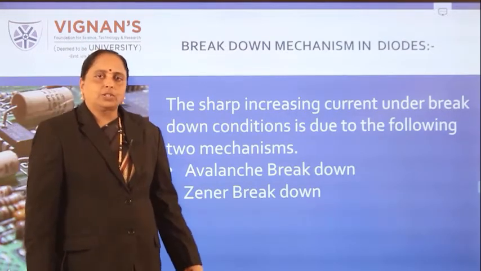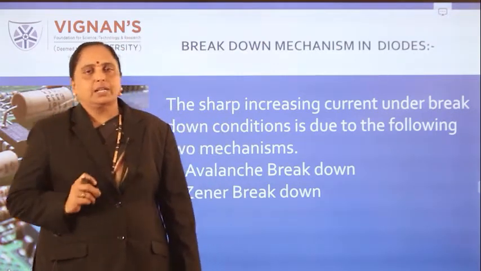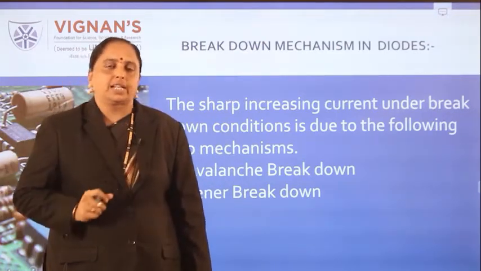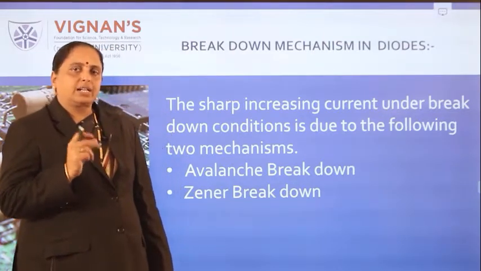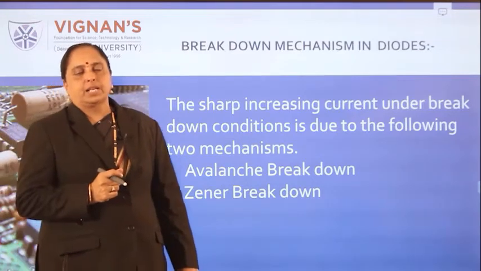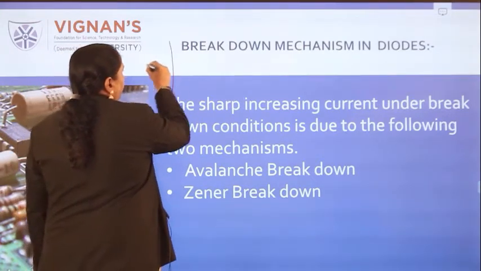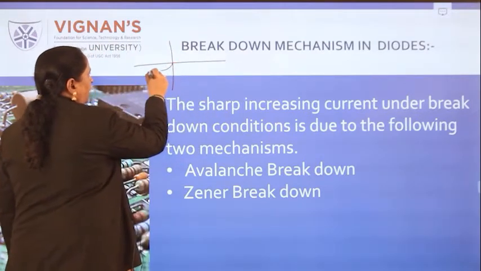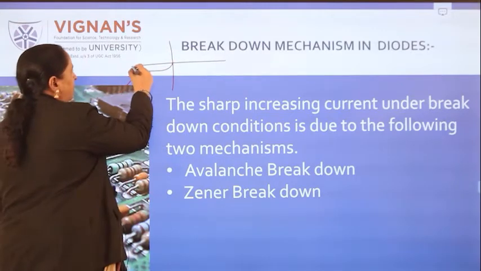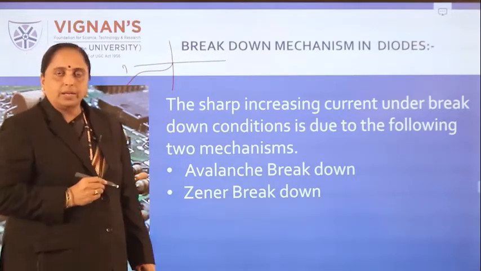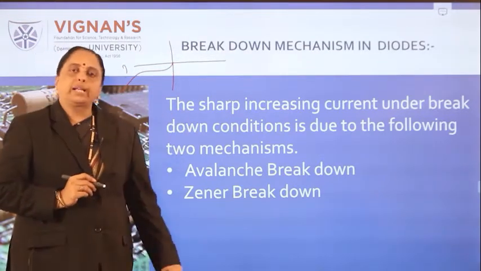Next one is the Zener diode, the next special diode, which is used as a voltage regulator. But before going to the Zener diode, let us study the different types of breakdown mechanisms in a PN junction diode. Suppose you see the reverse bias characteristics; we will draw them like this. What is the maximum amount of reverse voltage that can be allowed in a diode without any damage? That is known as the breakdown mechanism.